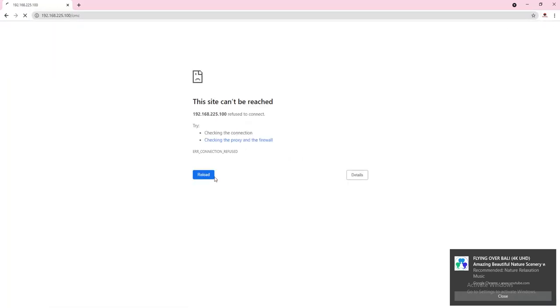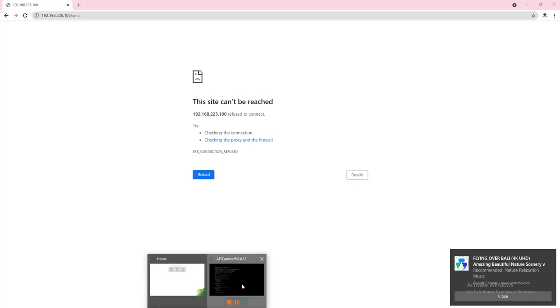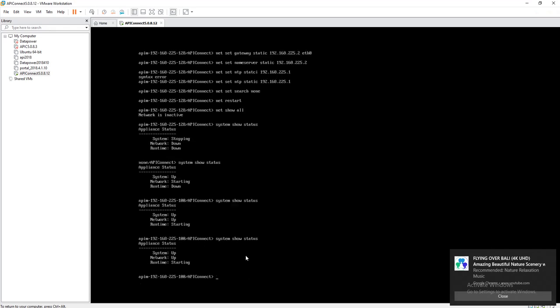Once the status is up, we'll be able to see the GUI here. So we'll check here, the status is up. For runtime it's still starting.